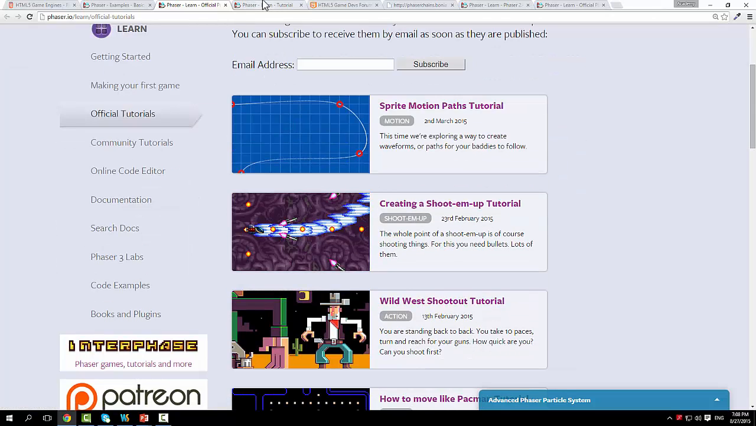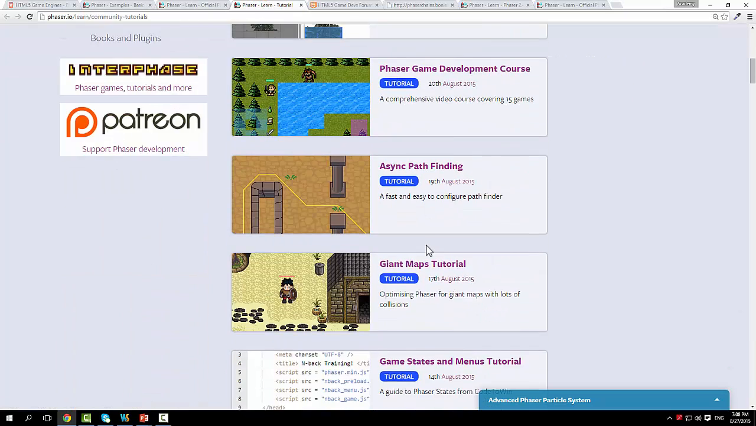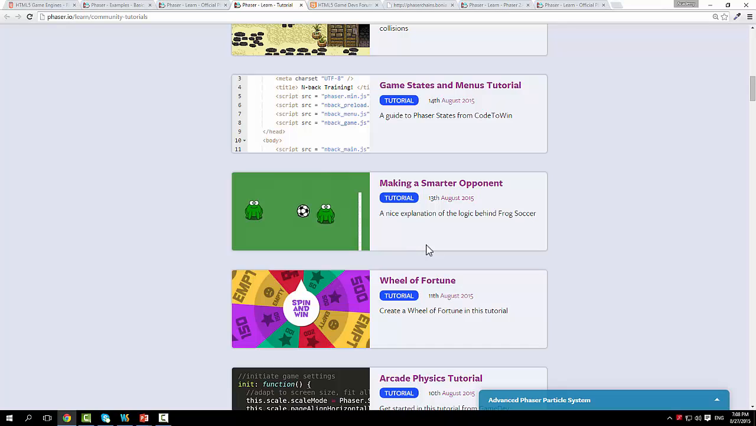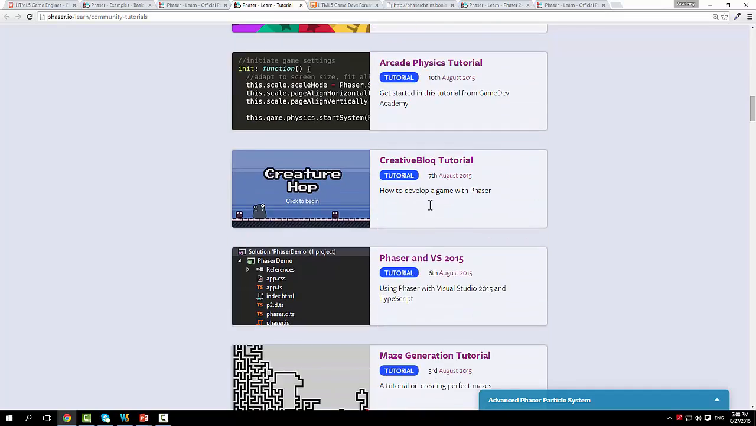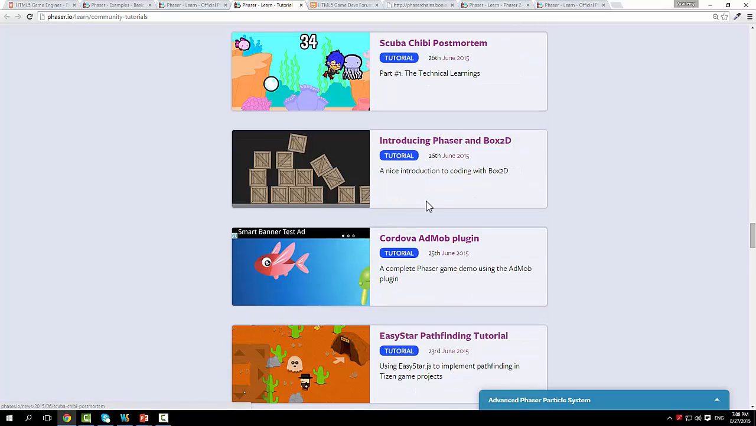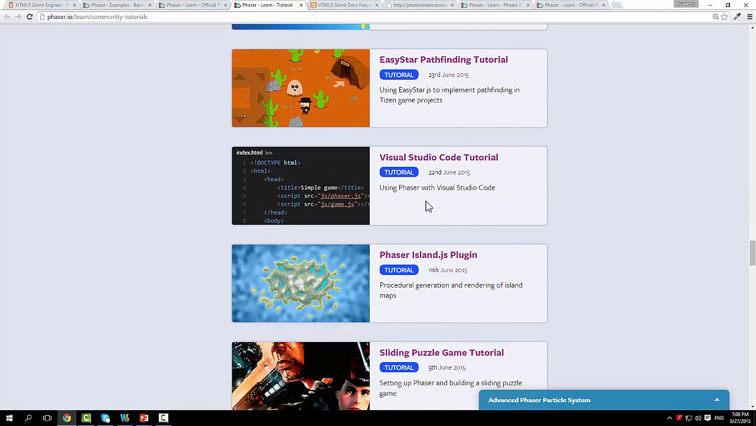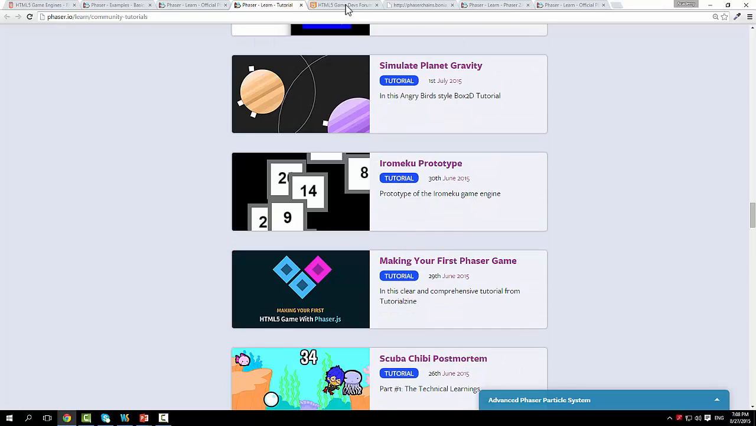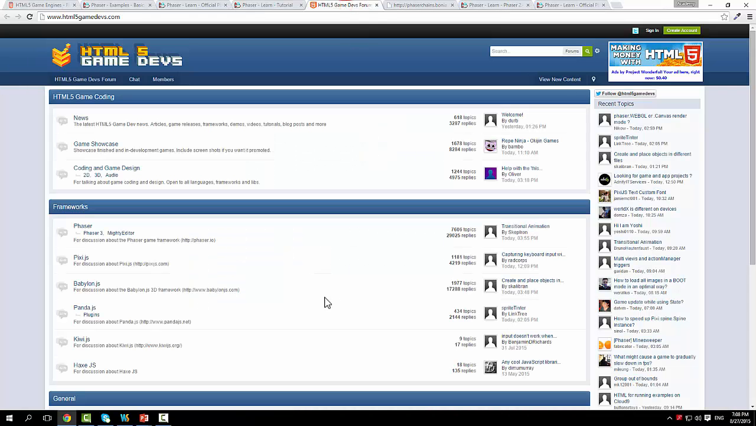It's not just those. There are also community tutorials, which are up here, and here you can see some games which are already either published or ready to be published. People are sharing quite a lot of Phaser games, as you can see. If you need something specific, or you like a certain physics or something, you can just go in here and have a look. So this is the forum,